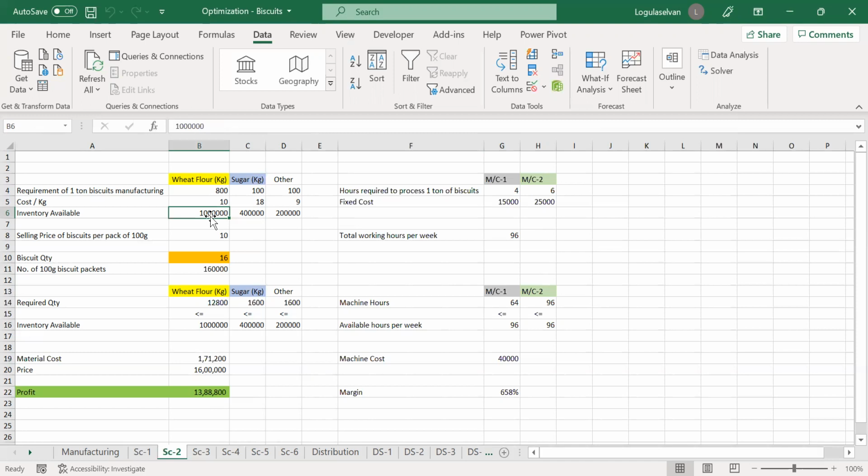So these optimization techniques obviously give lots of inputs to business entities to take a call. Hope you have learned something in this session. Further, we will explain how you can utilize optimization techniques. We will take the biscuit manufacturing example further down with more constraints, to show how you can utilize these optimization techniques throughout the supply chain.